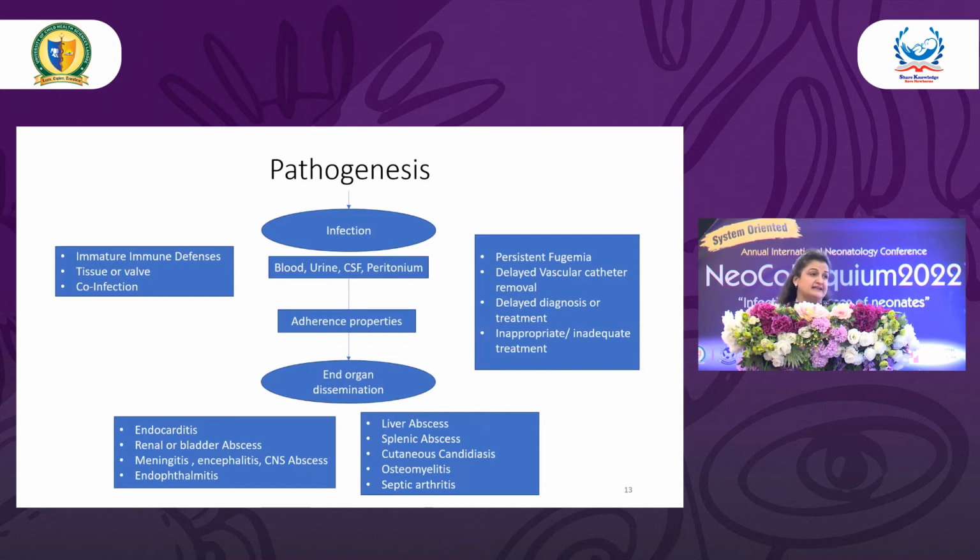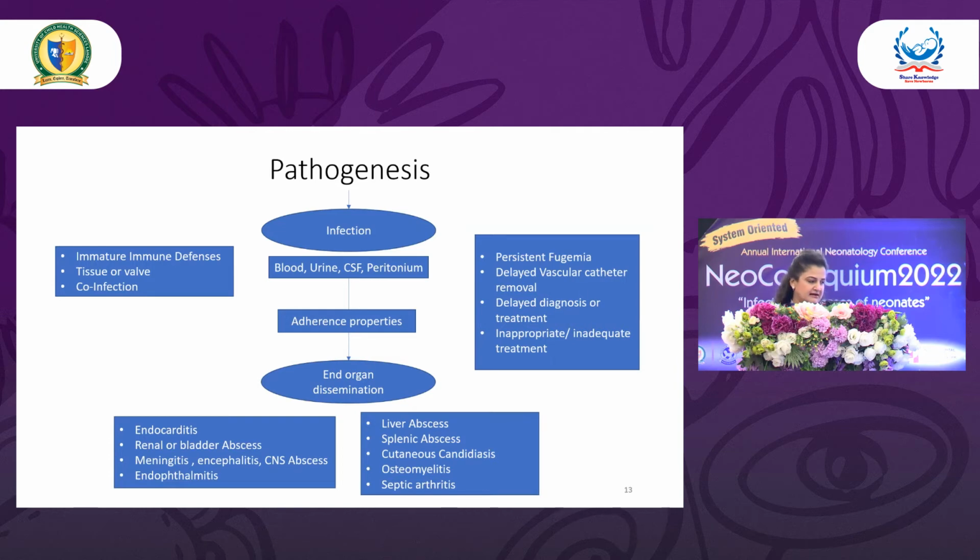Infection can happen in any site, literally. It manifests mostly in the blood and urine and CSF. And if there is a history of abdominal pathology, then also the peritoneum. And this adherence property and virulence then results in dissemination from the primary site of infection to the end organs and can result in a myriad of